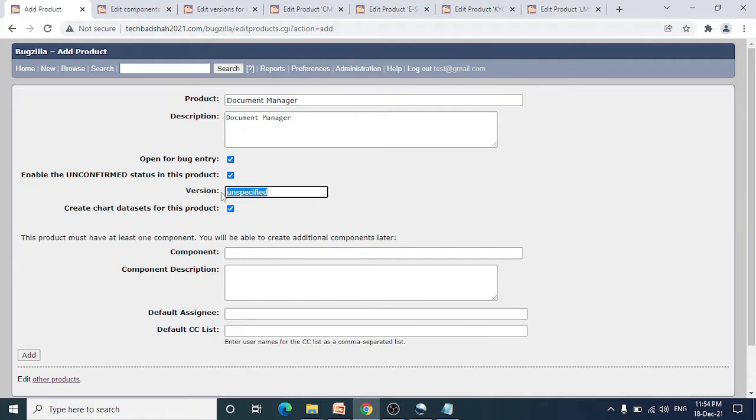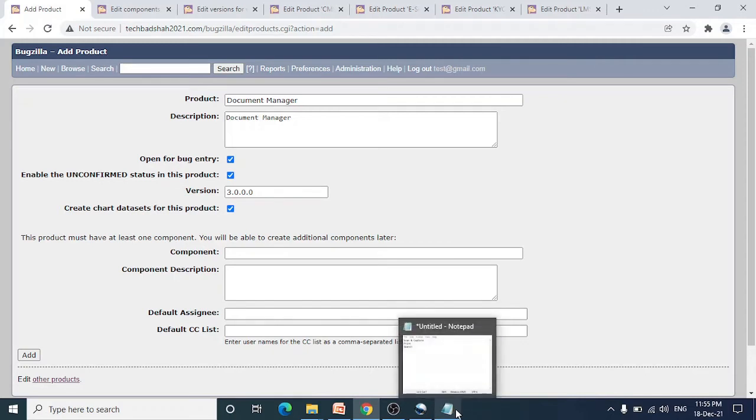And please understand, in this product screen you can create at least one version directly. You don't have to really go back and do version management. The application is giving you an opportunity here itself to create a version. So for example, I want to create a version 3.0.0.0. So for this particular product, that is document manager, here we are directly adding a version called 3.0.0.0.